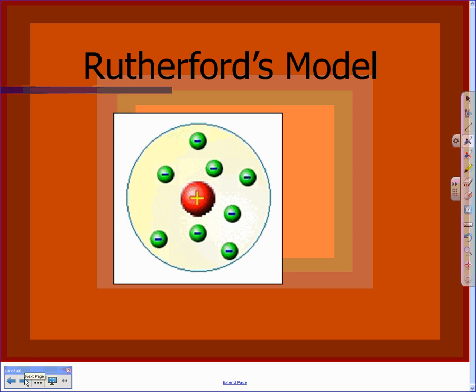Okay, so here's what Rutherford came up with as this model for the atom. He came up with this idea that we had electrons, and that there was this really strong positive charge in the center. We thought it was just a single dense region. At this point in time, we had no idea to think that there could be actual multiple particles in this region. So this is Rutherford's model of the atom, and this model of the atom held true for close to